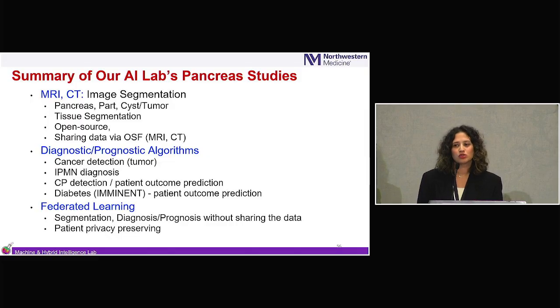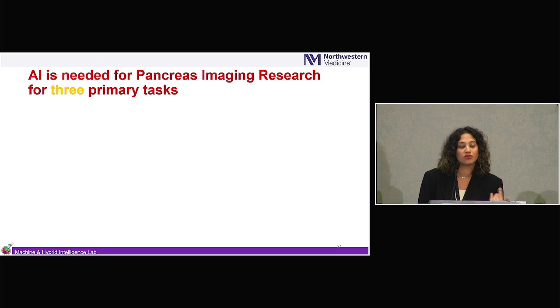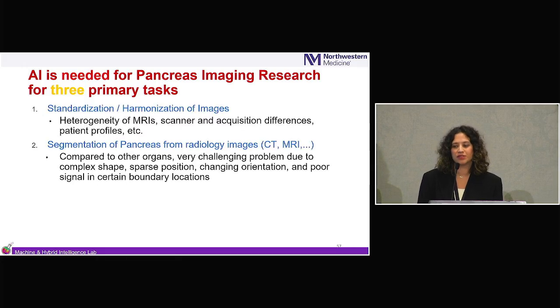And we also use AI models to predict the diagnosis and the prognosis. For diagnosis, it covers all diseases: acute and chronic pancreatitis, diabetes, pancreatic cancer, and IPMN. And we also use federated learning because we witnessed that data sharing is really hard. And AI could be used for different